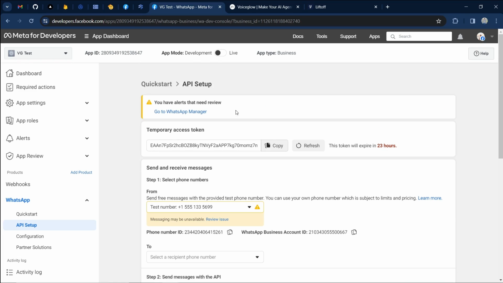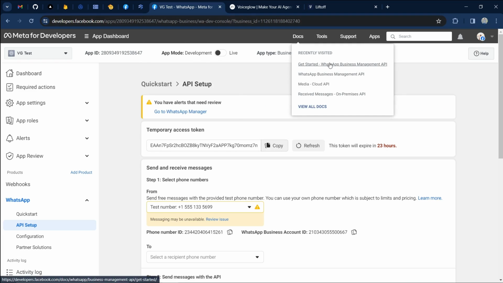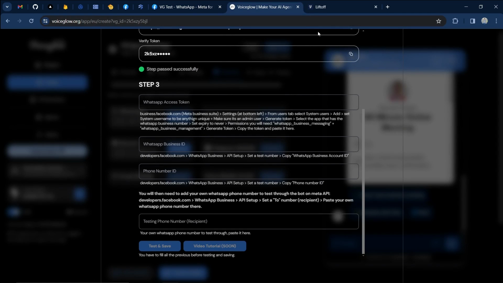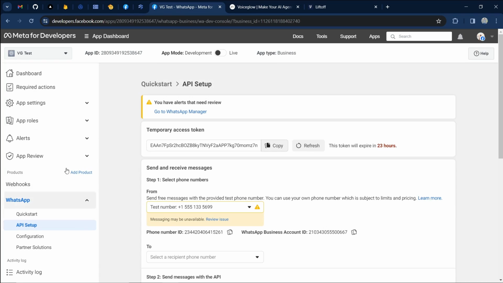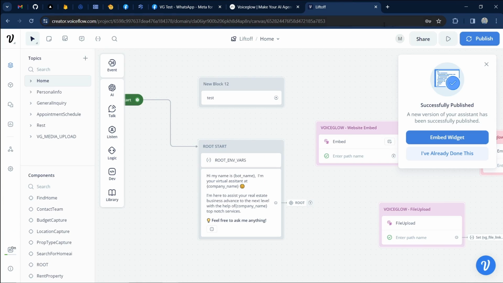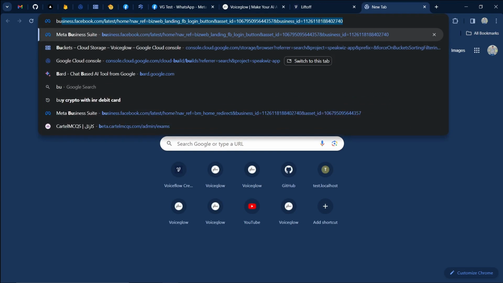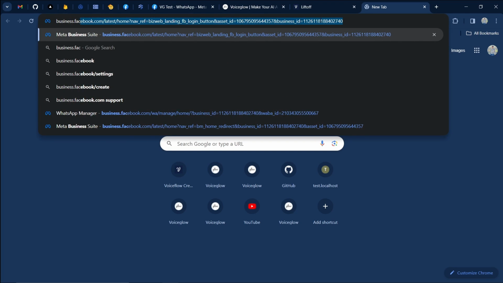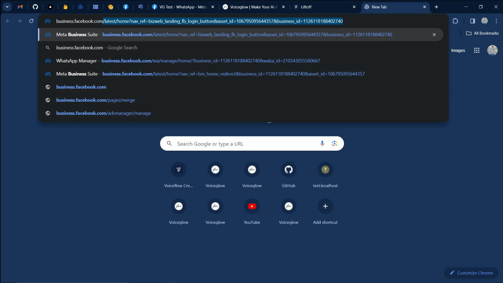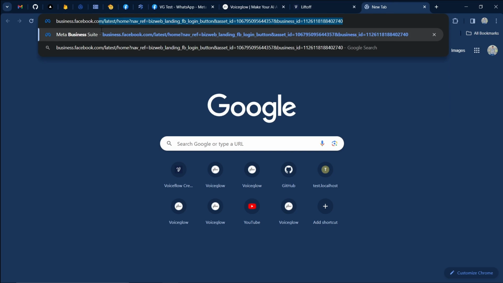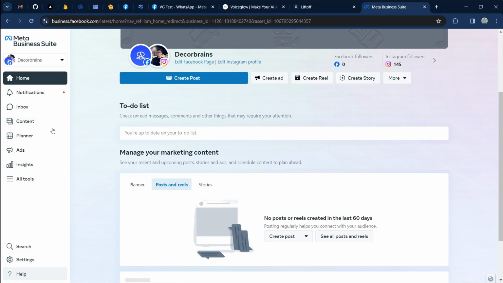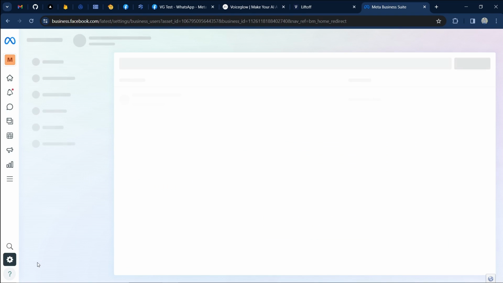Of course you would need something that never expires, or at least has a pretty long duration. So in order to create a permanent access token, you need to add a system user account to your business. So just to skip all of the routing and everything, you just open a new page and then go to business.facebook.com. All right, never mind this long URL, just go here, because this skips a lot of navigation. And then you go to settings,